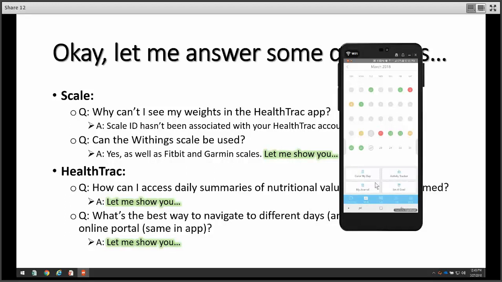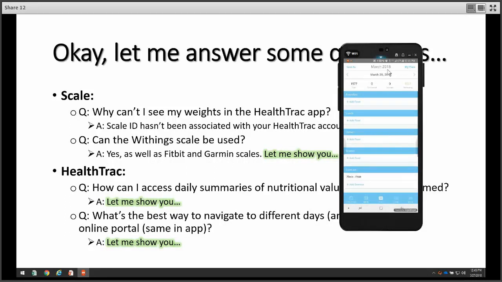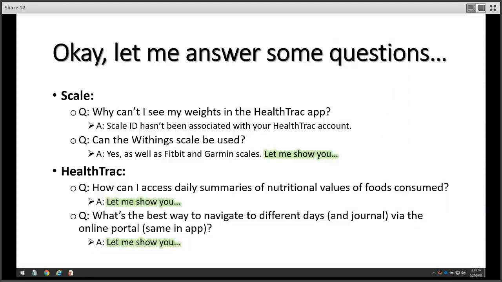And get rid of that notification. Now, I warned you. If that's the worst thing that pops up, then we're in good shape. So if I want to go back to the 20th, I simply click on the 20th. Then I can go into the planner at that point, and it's on the 20th. And then I can add stuff here and look at the nutrition information, do whatever you want to at that point.